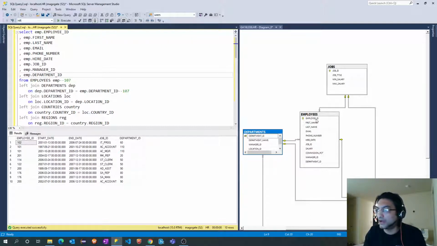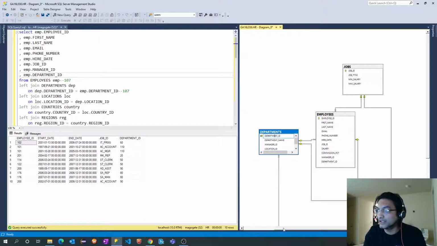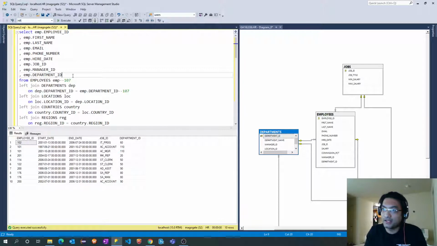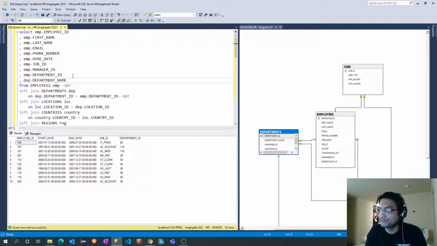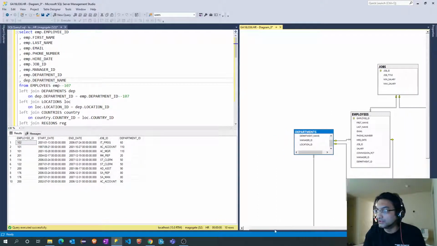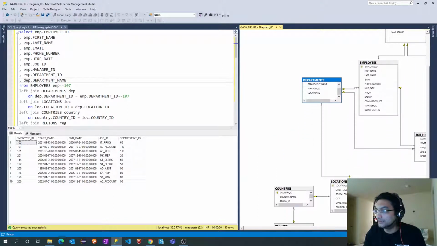Now let's go with the other tables. After employee, the immediate table is department. From that, we definitely need department name, because with department ID we cannot do anything. So I will add department dot department name. After that, we have location ID. So let's add department dot location ID as well.